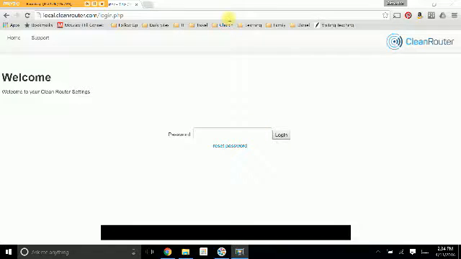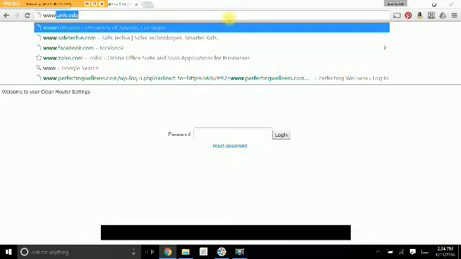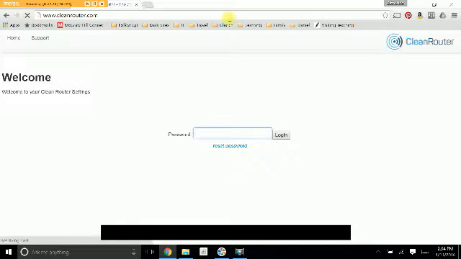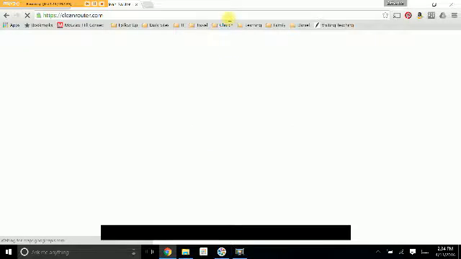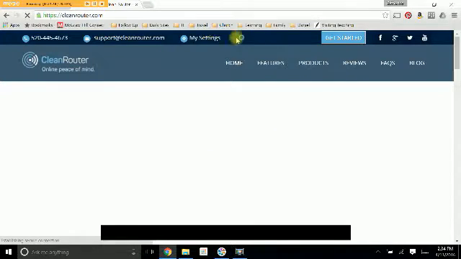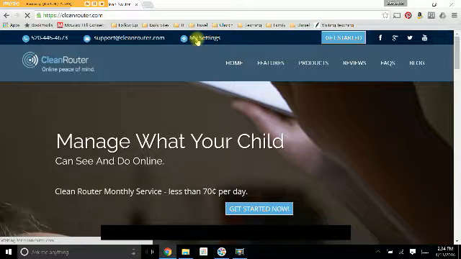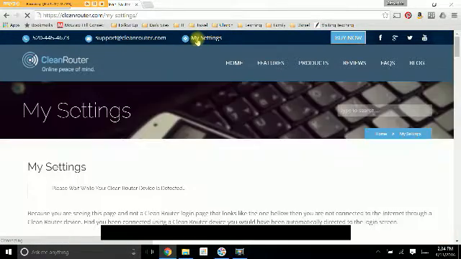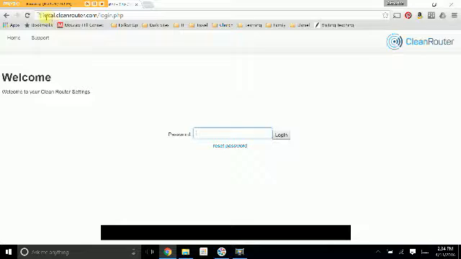So let's go ahead and go to www.cleanrouter.com. And again, you could bookmark the page I'm going to show you, or you could do this: you could go to cleanrouter.com and then go to My Settings. You could also just set a bookmark for this website right here,